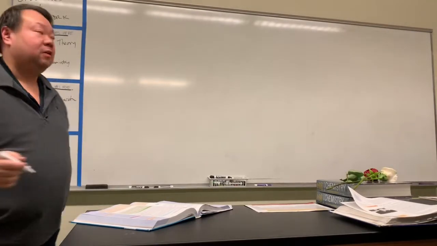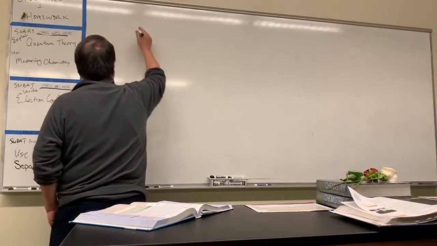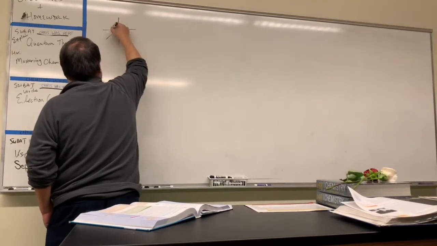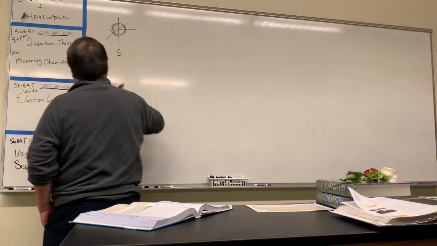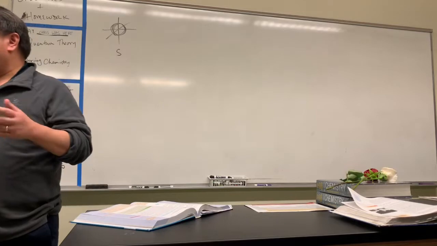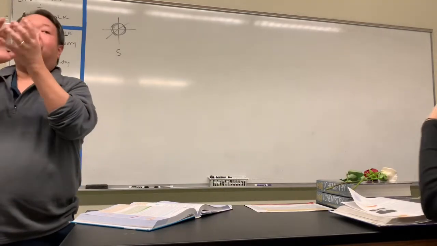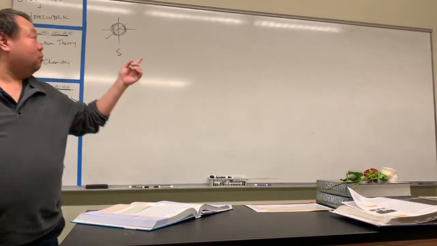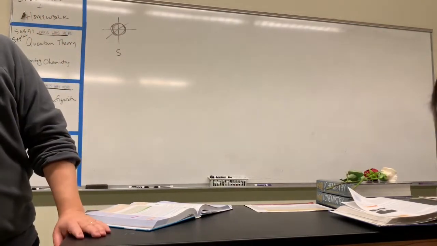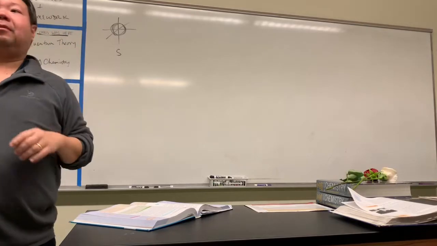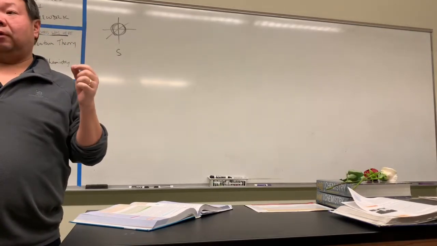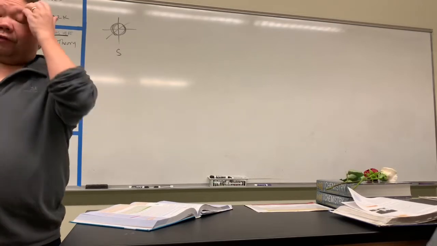The first one is the easiest. You guys are familiar with the XYZ coordinate? The first one is just a sphere around the nucleus. This is called the S sublevel. You understand a sphere? The electrons are just going around in a sphere, and the center is the nucleus. Is that clear? Okay, so this is called the S sublevel.